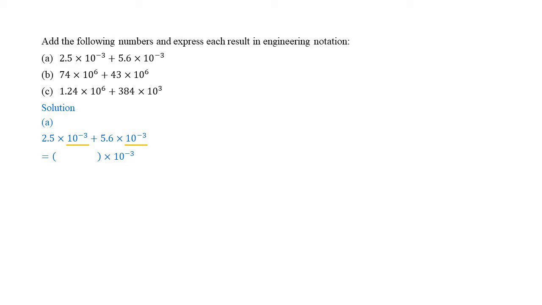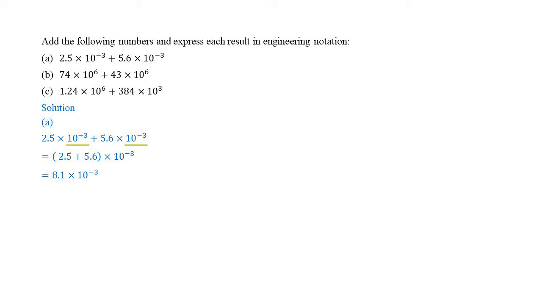And then put the corresponding terms in the parentheses. 2.5, we put this in the parentheses. The operation is addition, so we put the plus inside, and then put 5.6. So we can simply add those numbers inside the parentheses. 2.5 plus 5.6 equals 8.1, and then just copy down that base of 10 term, times 10 to the